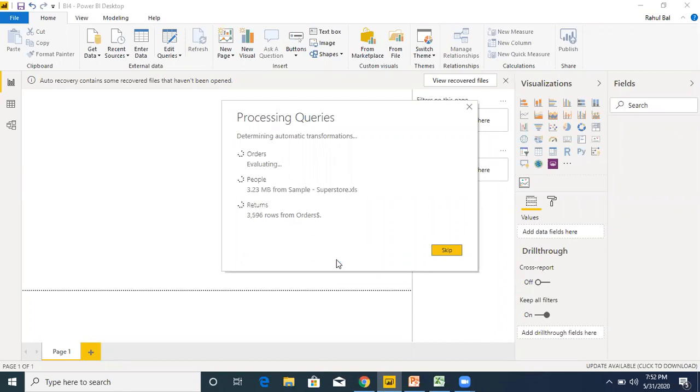So it will take about 1 minute to load the data. There are multiple options available. So here you can enter the data. If you want to go to the query editor, you have to click on edit queries, and from here you can jump to query editor.